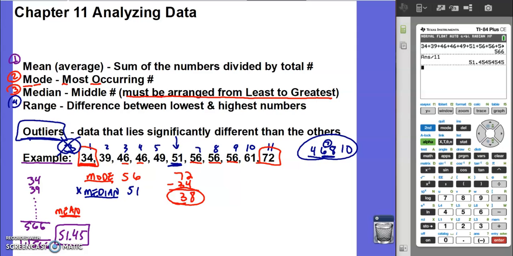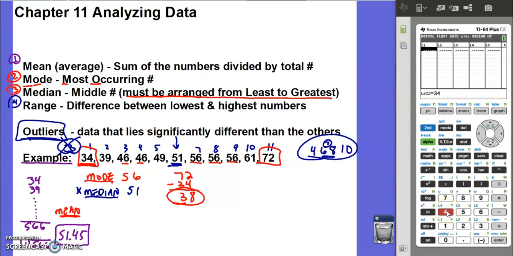What you could do is there's a stat button right here beside the arrow key. We're going to push the stat button, and what we want to do is edit. It comes up by default as edit, so we're going to press enter, and it has lists L1, L2, L3. We're typically using L1. We're just going to enter the data. So just start entering the data, 34, and press enter. And I'm going to go down the list, 39, enter, and so on, listing all the numbers